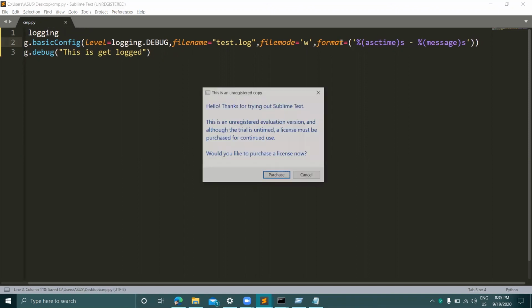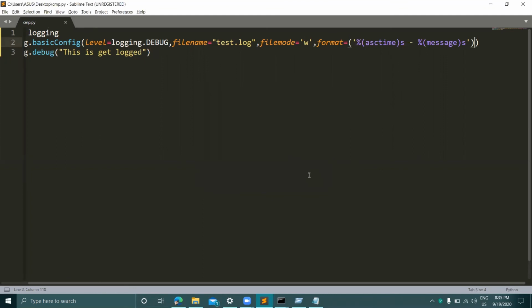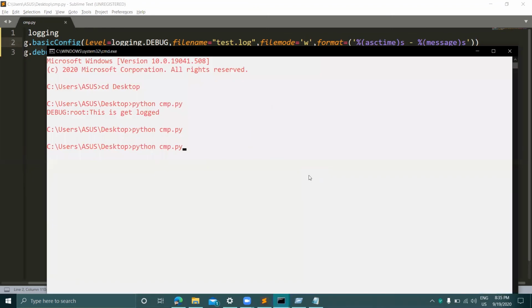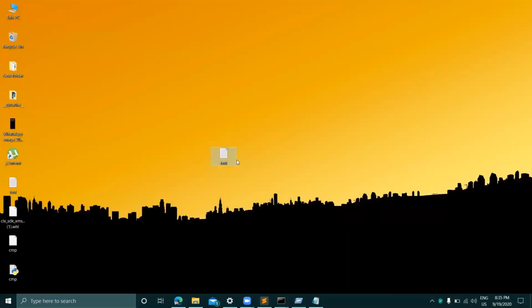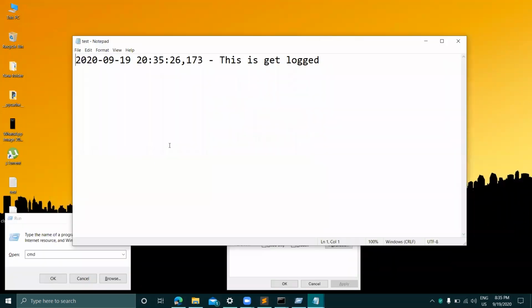So let's run this program. Okay. So now we will check. So now you can see the date and time are also there, due to using the format parameter.